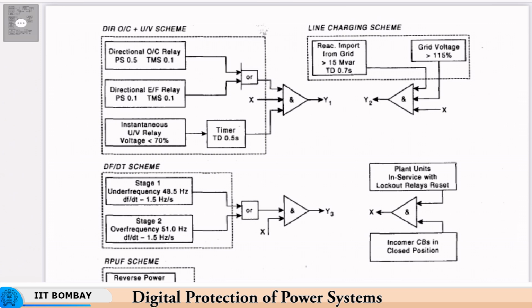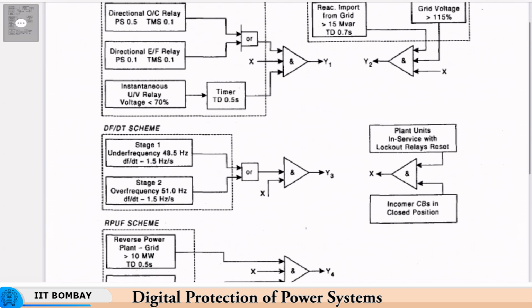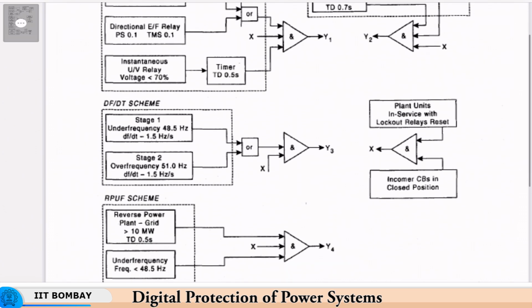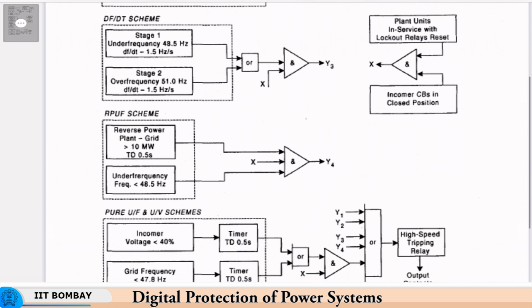Here you can see that there is a dF by dt scheme. These are the ratings here, 48.5 and 1.5 hertz per second. There is a second stage, which is an over frequency stage, 51 and 1.5 hertz per second. There is a reverse power and under frequency scheme, which is if the plant starts exporting greater than 10 megawatts, and the frequency is less than 48.5, then a trip command is